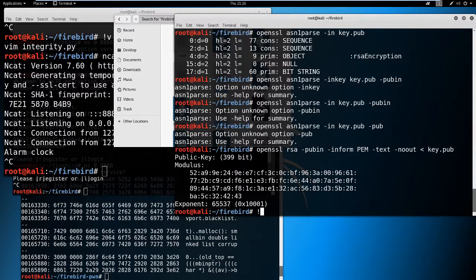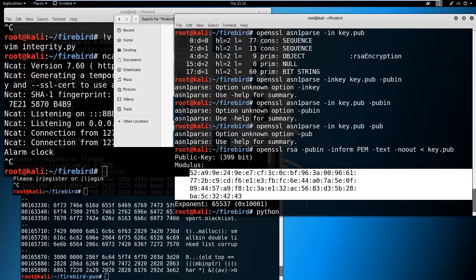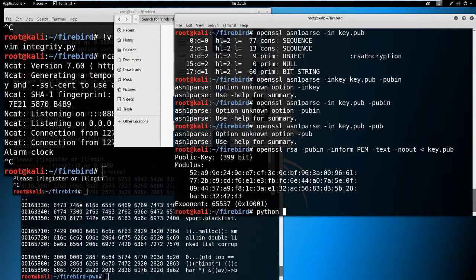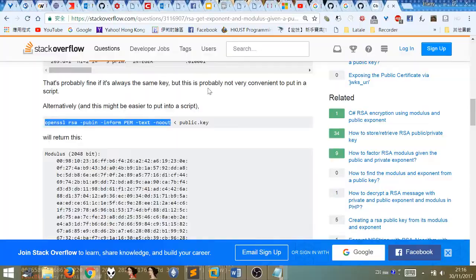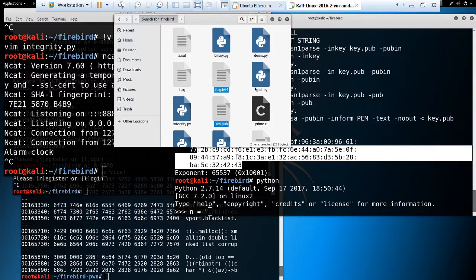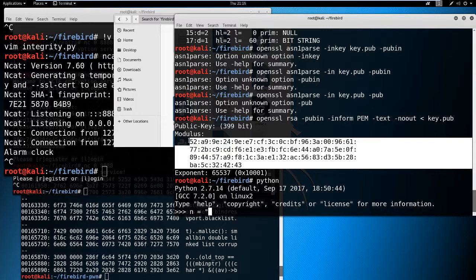So this is just the modulus, the n in hex form with some weird format. So, yeah. Well, still better than the original form. We can just, well,